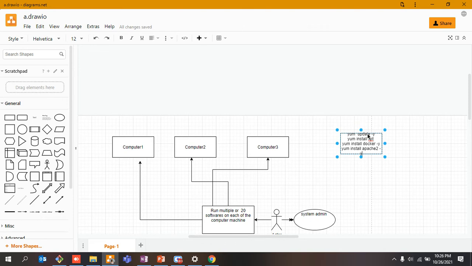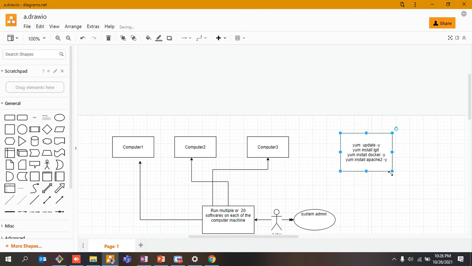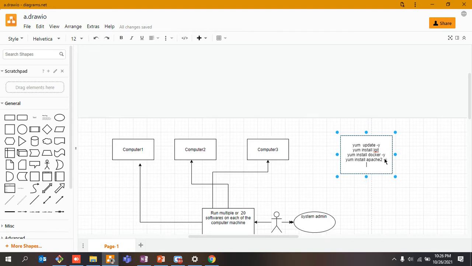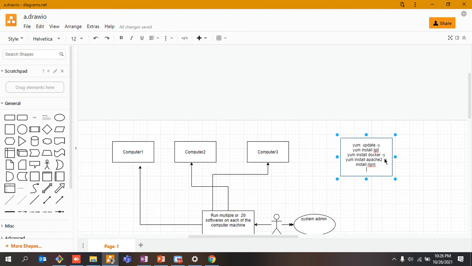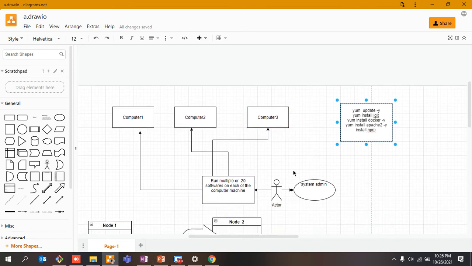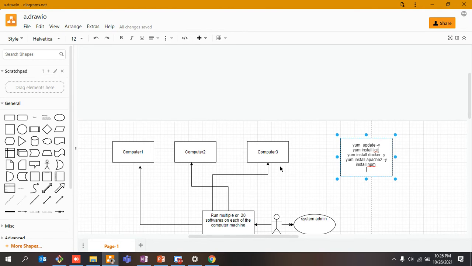So let's say I need to install these X number of softwares. After that, let's say I also need to install npm as well. I mean, there can be n number of softwares in a Linux environment, right? So if I start doing it from computer 1, then I went to computer 2, then computer 3, till now, 1 hour has passed, only 60 software have been installed, or packages. In Linux machine we call it packages, not softwares.